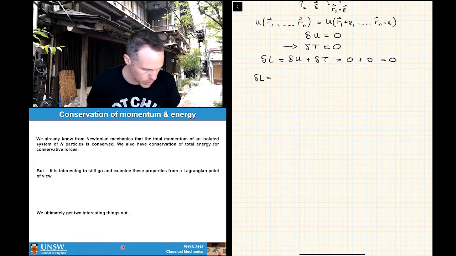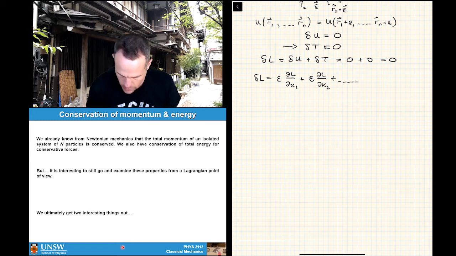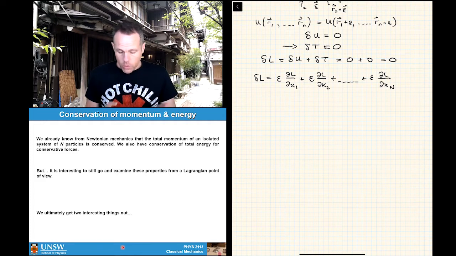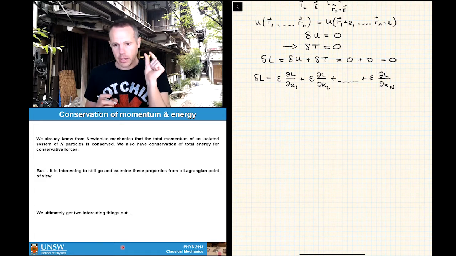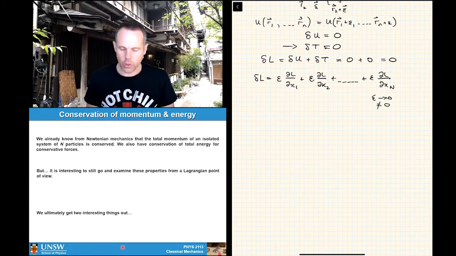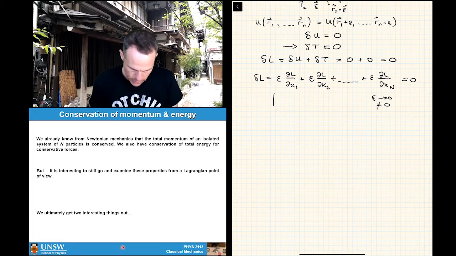So our delta L would be epsilon dL on dx1 plus epsilon dL on dx2 plus all the way through to epsilon dL on dxn, okay? All right, now we know that epsilon is a displacement and it's an infinitesimal displacement, and what that means is that epsilon goes to 0, but it's not equal to 0, okay? And so the only way that delta L can end up being equal to 0 is if